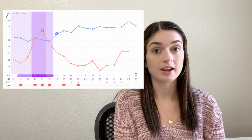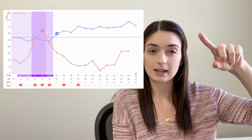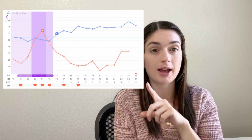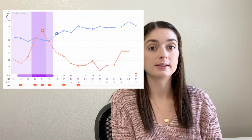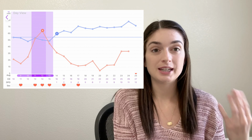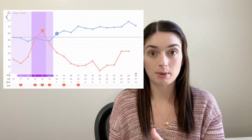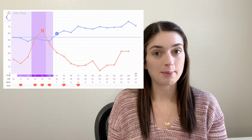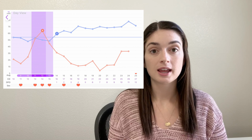And then on 4 DPO, it kind of jumped up again, and then it stayed at similar temperatures again until 11 DPO. I had another little spike, and then I stopped testing because a lot of you were telling me to stop testing, and that after you have a positive pregnancy test, your charts don't always stay elevated, and that I should probably just be happy with the fact that I have a positive pregnancy test